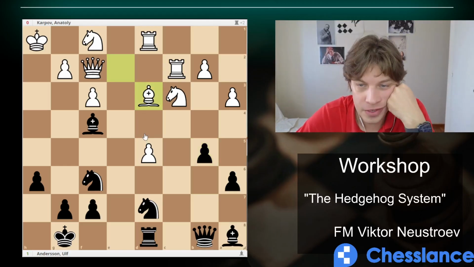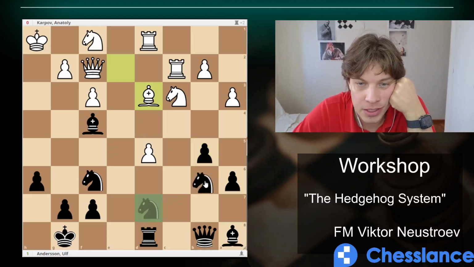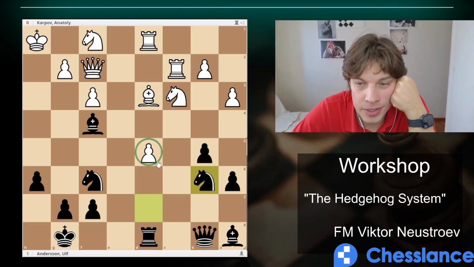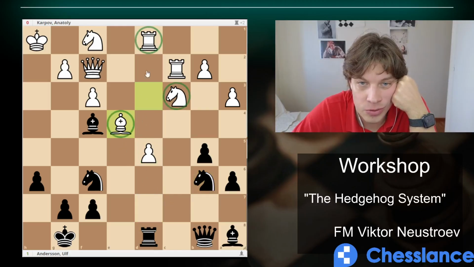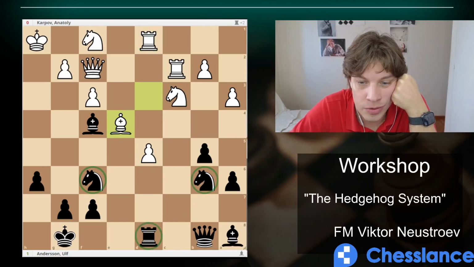So bishop d3, trying to activate pieces, but knight b6 with the idea of capturing there. Bishop f4, defending on e4. So 1, 2, 3 versus 1, 2, 3, 4. But in case if you decide to take on d5, you will fall under a pin. So, for example, takes,